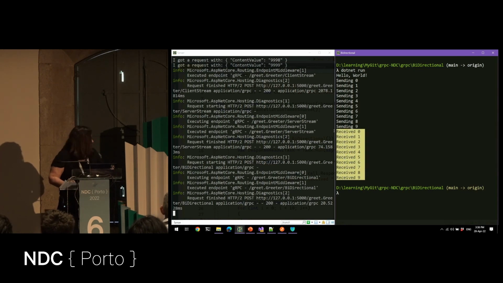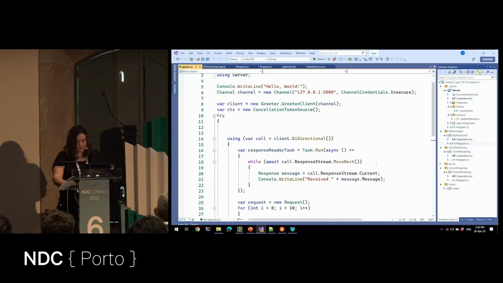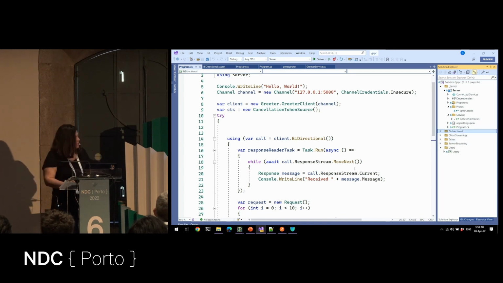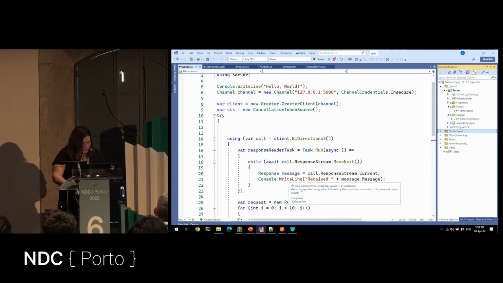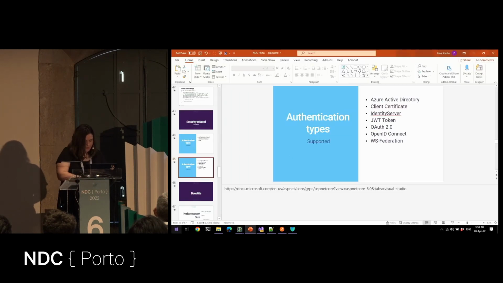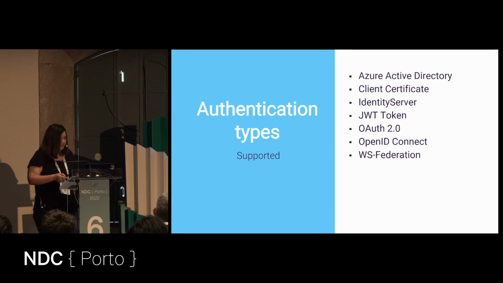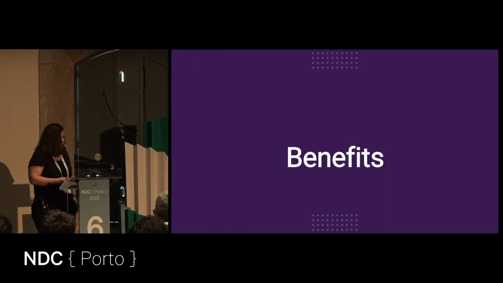Okay, so this is how it works. If you have a specific scenario for this, go ahead and use it. It's very performant. And we're going to talk a bit about what else we have in gRPC in .NET 6, because we have a lot of things that are pretty awesome out of the box.